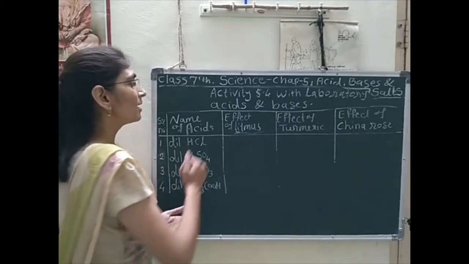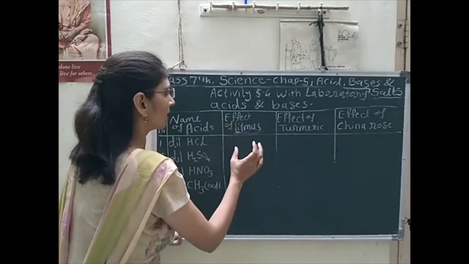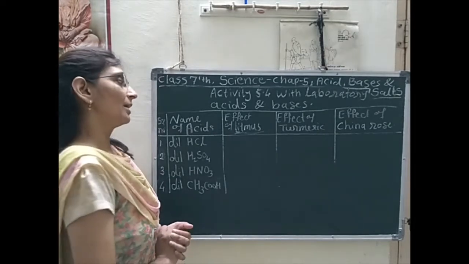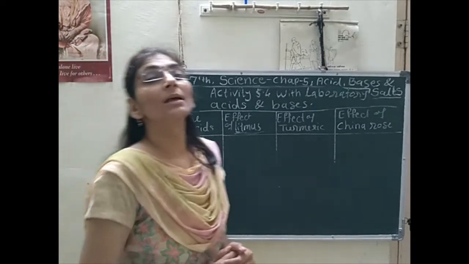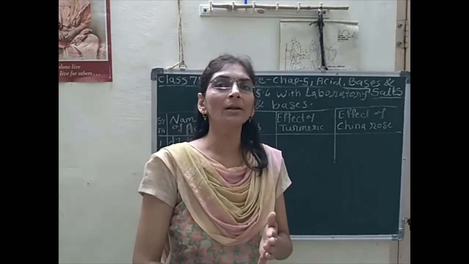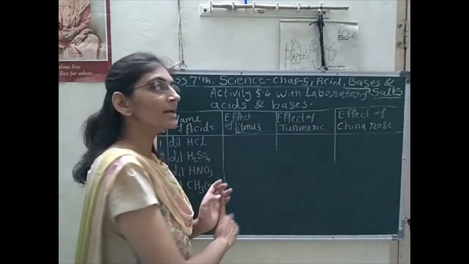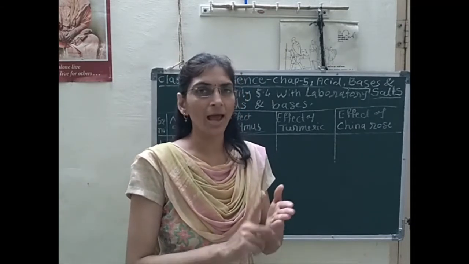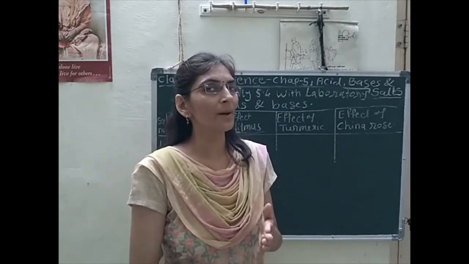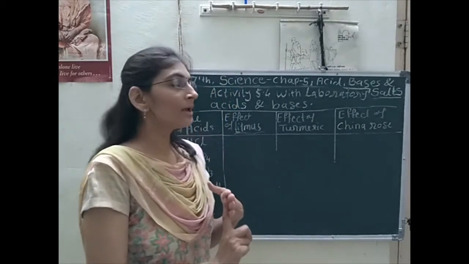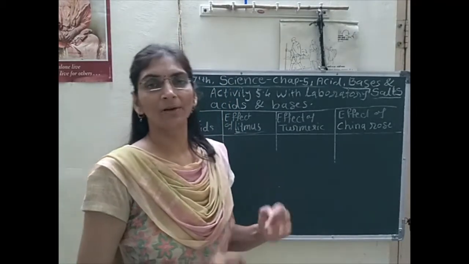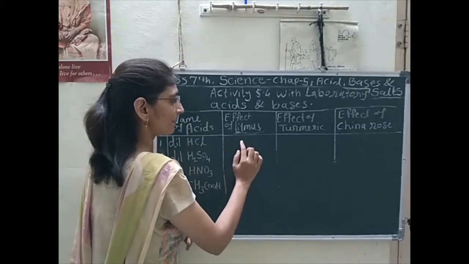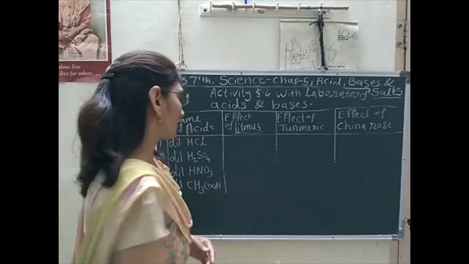Then we have to react it with the litmus indicator at first. So what result will we get here? We will get the result with blue litmus paper. As it is an acid, blue litmus paper will react with the acid, not red litmus paper. So the blue litmus paper will turn red. So we have to write down here: blue litmus paper turns into red.